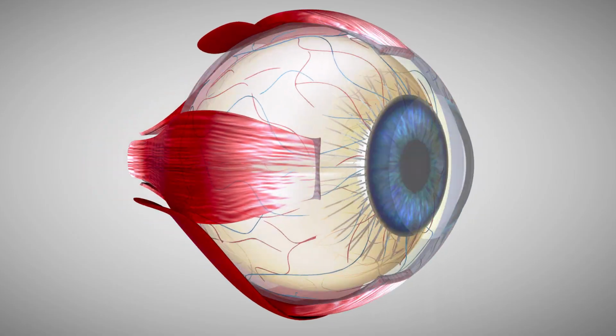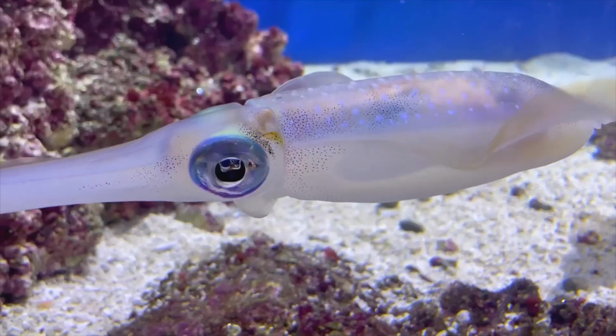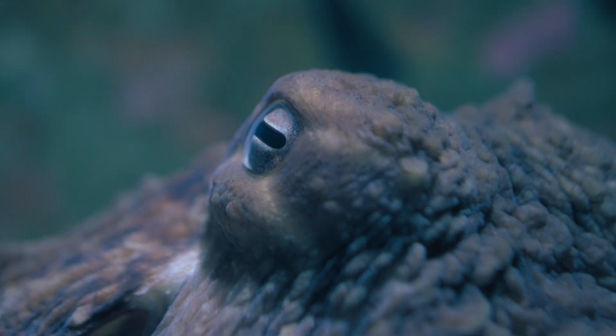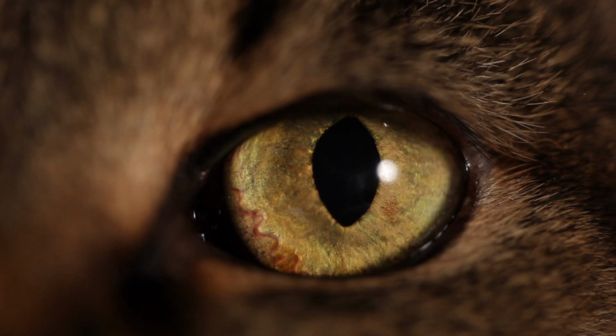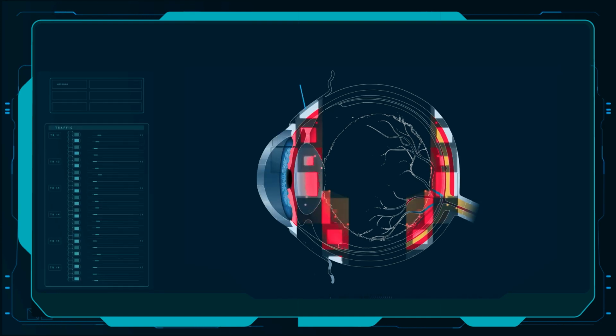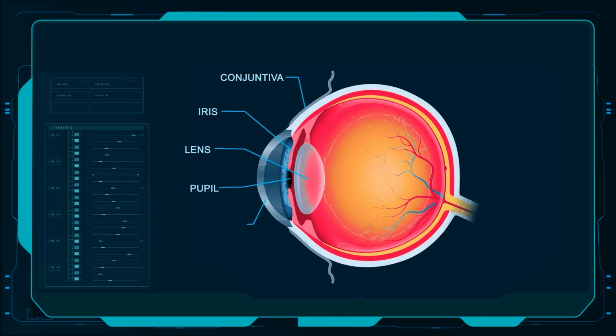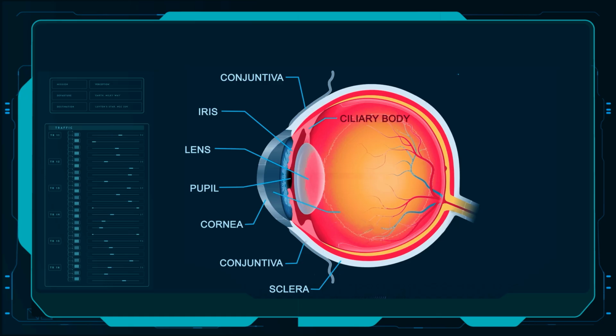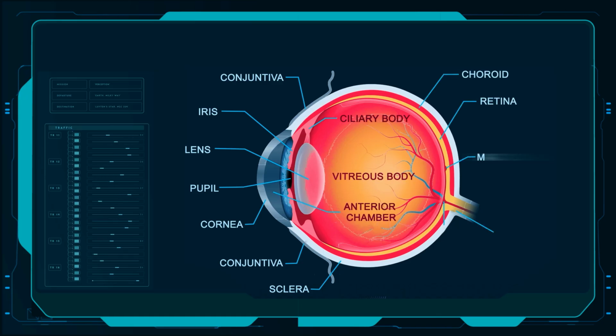Look, this is the eye of almost any cephalopod, a squid, cuttlefish or octopus for example. And this is what the eye of almost any vertebrate looks like, such as a human. In fact, they are incredibly similar. Both eyes are of the camera type and have an eyelid, cornea, pupil, retina and lens. Well, you can see for yourself.